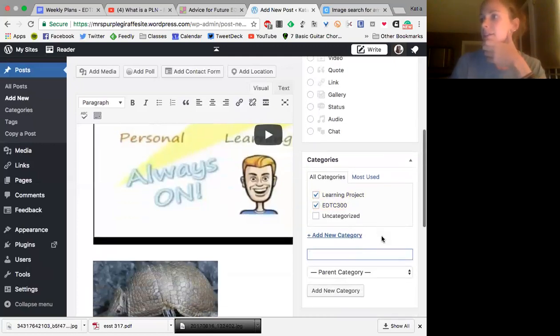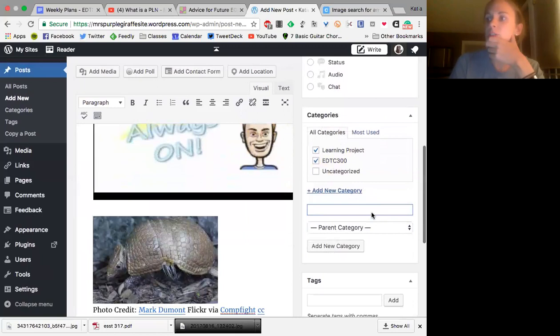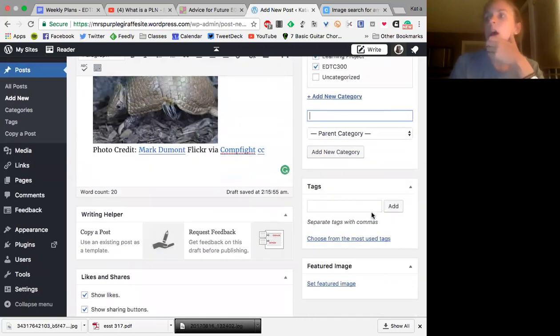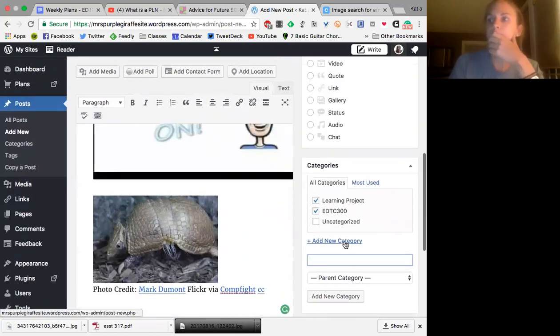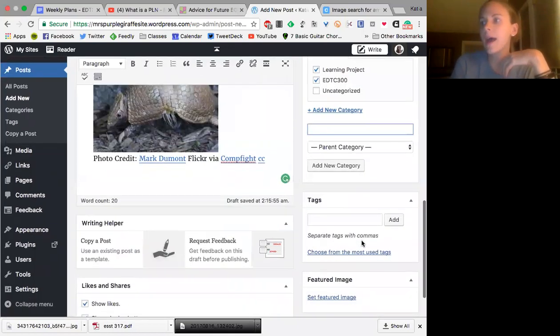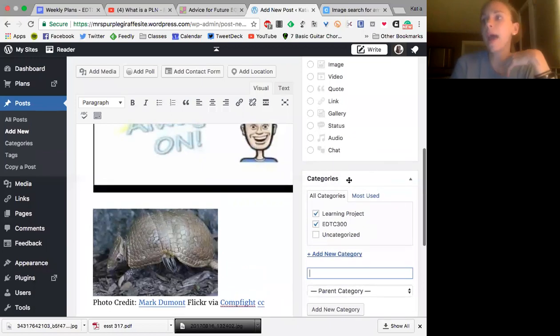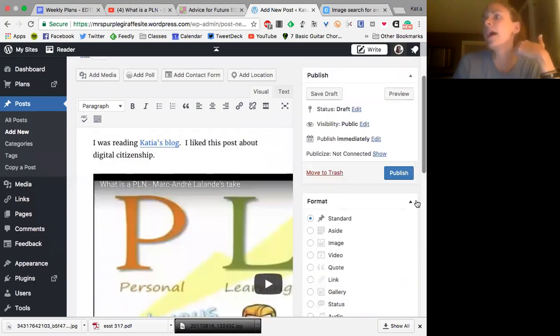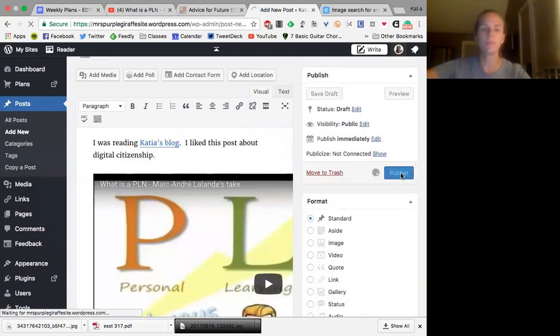And then I am going to publish. So you'll notice there are lots of other things that you can play with, and we can go over some of the other things, but this is the important stuff. What's important is that you categorize, and don't get lost with the tags. That's different. You want to be doing categories. That's really important. Okay, so I'm pretending that this is a learning project post, so I've clicked both of my boxes, and I'm going to publish. And this magical work of art is going to show up on the internet, which is kind of hilarious.